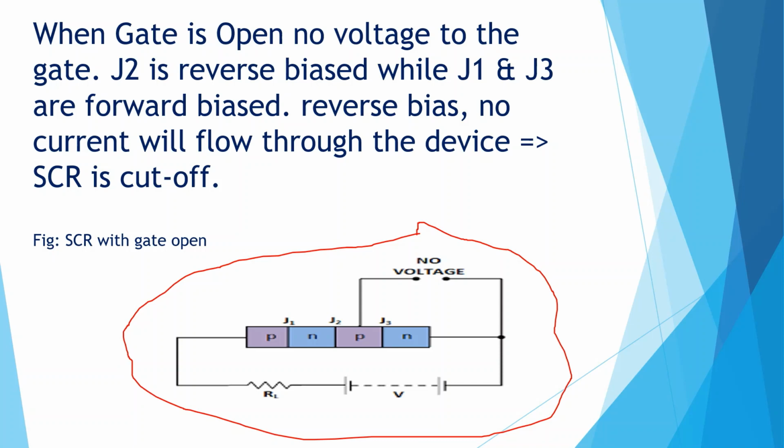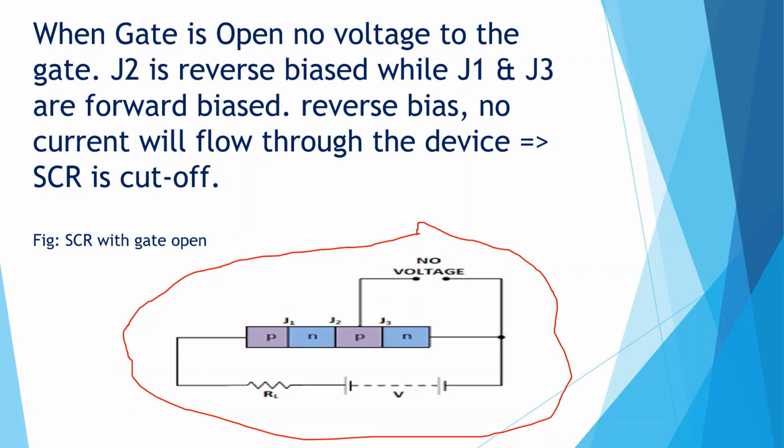Because when Ig is equal to 0, that means Ib1, that is base current, is equal to 0 for the first transistor. Therefore SCR remains in off condition. But in this case also SCR can be turned on when gate is open. That will happen when a high value of anode to cathode voltage will be applied. This voltage is called as forward breakover voltage.